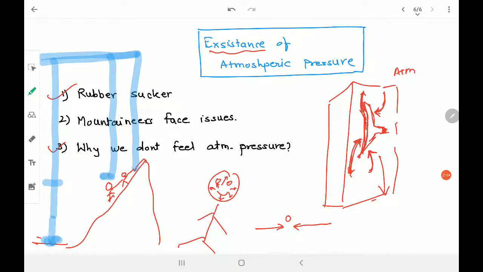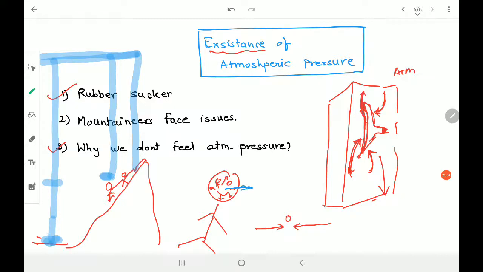Am I correct? So the mountaineers get less pressure from the atmosphere. So when they get less pressure from the atmosphere, and their body has large pressure, so the blood we have inside the body, which has got an equal amount of atmospheric pressure, goes towards the